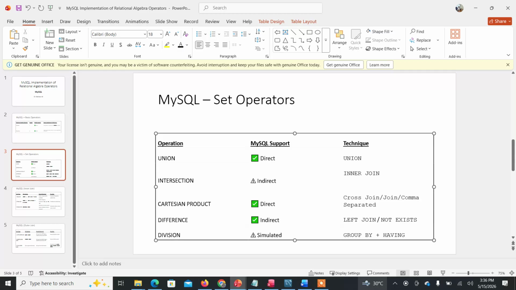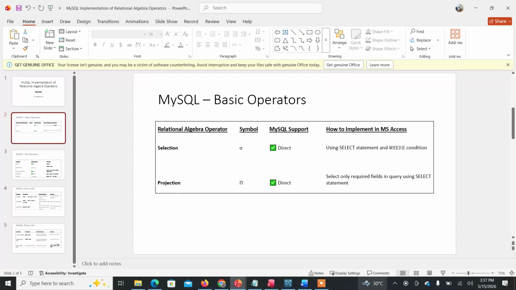So this is how the basic operators could be implemented: union, intersection, Cartesian product, and difference. Division cannot be done directly, but it needs simulation. We will be discussing it later on when we discuss group by and having clauses, and we